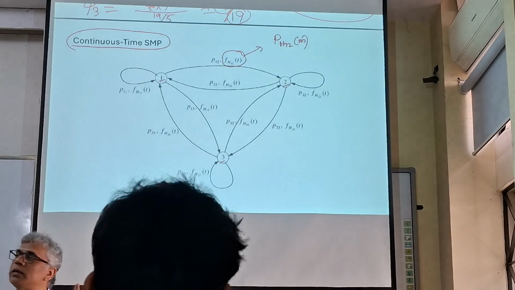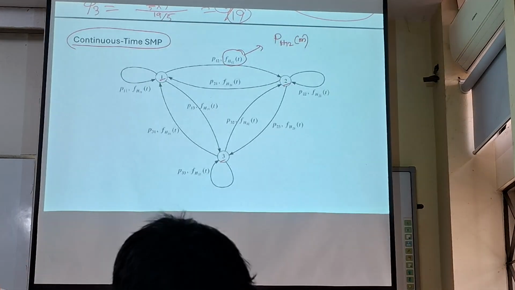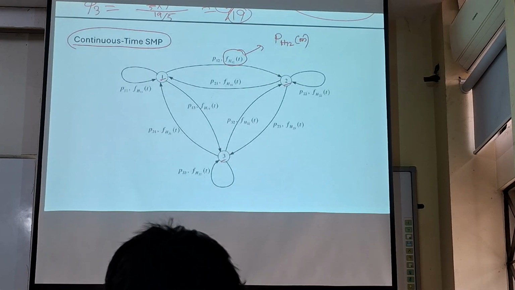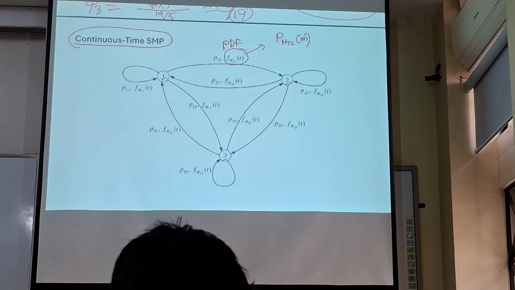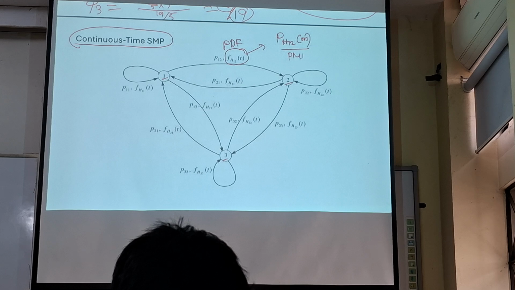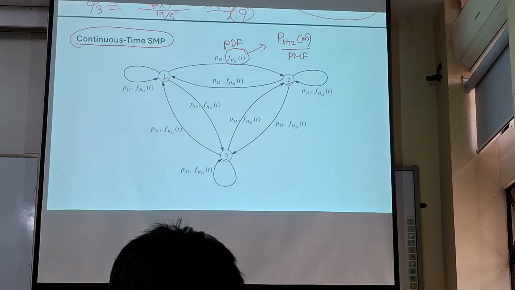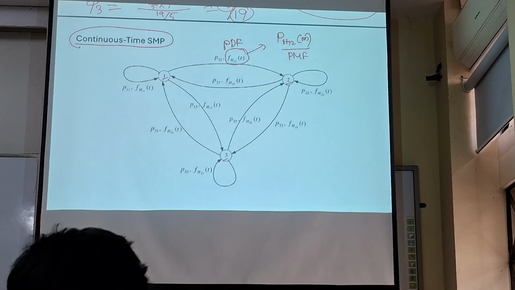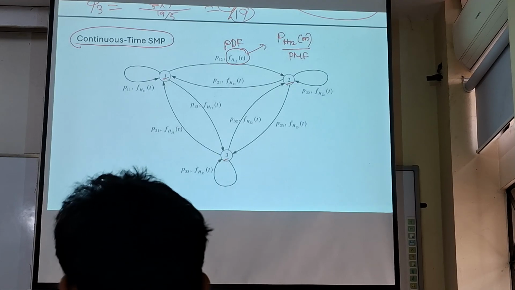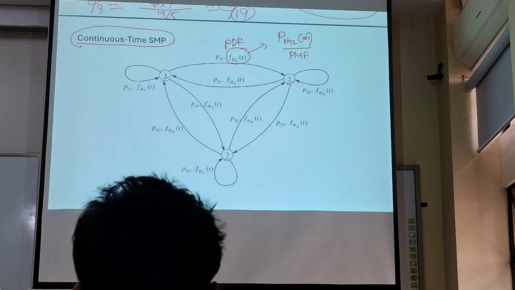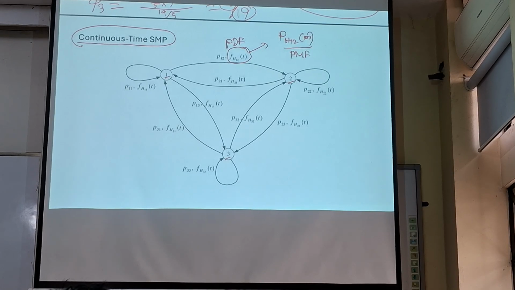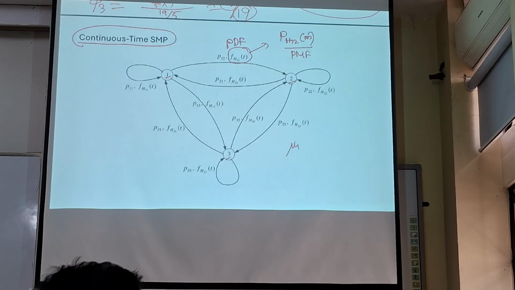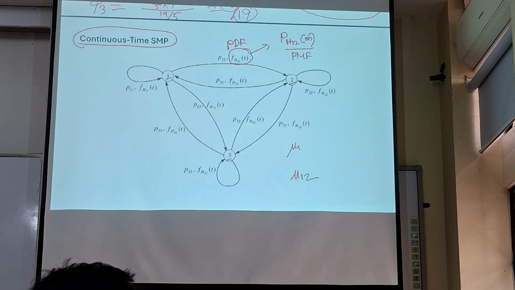In case of discrete time, it was a discrete random variable. Since the time is continuous now, we need a continuous random variable. When we extract the embedded Markov chain, we ignore the time, so whether it is a continuous time or discrete time semi-Markov process, there is no difference. The embedded Markov chains are the same for both, but the calculation of mu 1 and mu i actually are